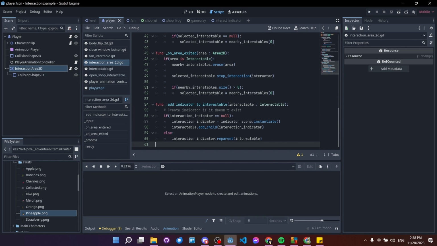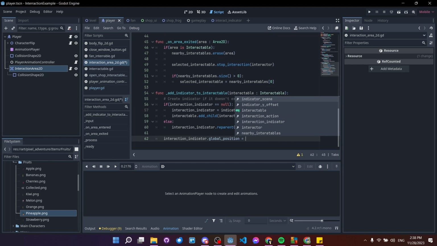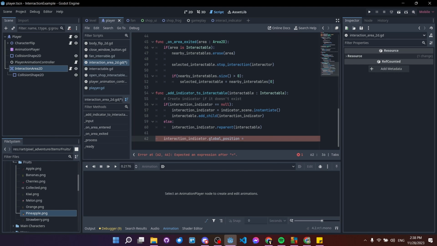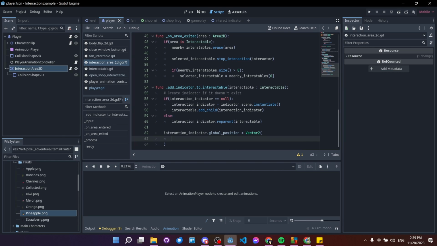After we reparent it, we want to set its position relative to the interactable's position. So interaction indicator dot global position equals, okay, so for this global position, we need the X and the Y position from the interactable. So I'm going to be putting a Vector2 here, open up the parentheses,